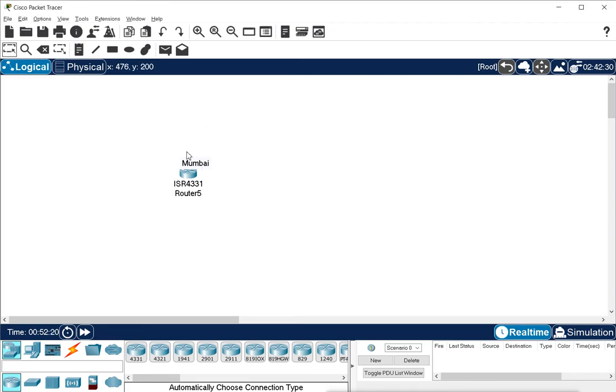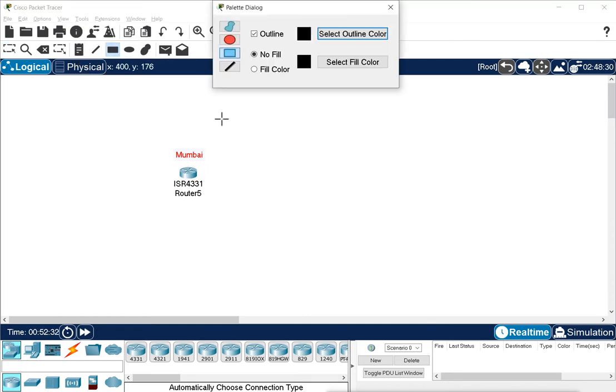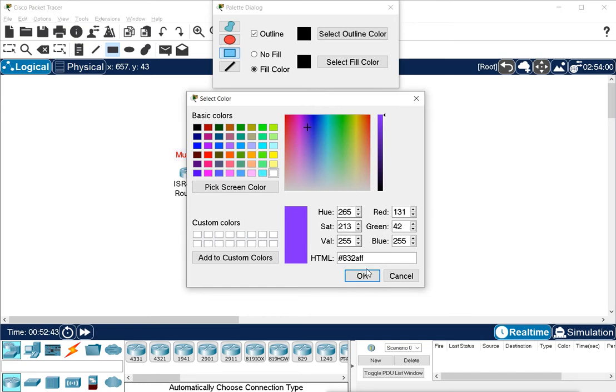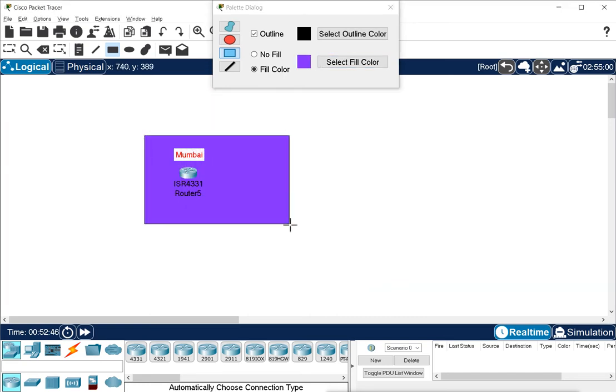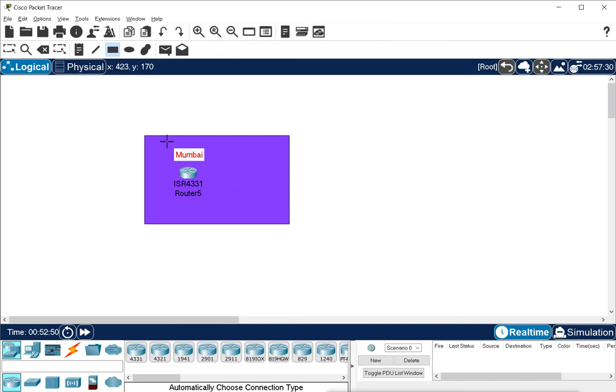You can move these things also. You can create designs also, like these rectangles, ellipse and free draw. You can draw something. You can select your design, and select the color you want to fill or not fill. Like I want to fill with this color, and then I can select this. So these will help you to design your network. Sometimes when you design your network, these designing things will work.